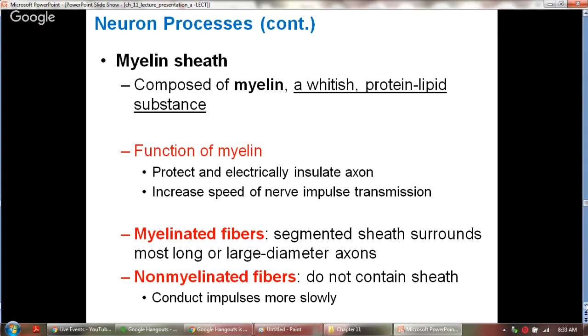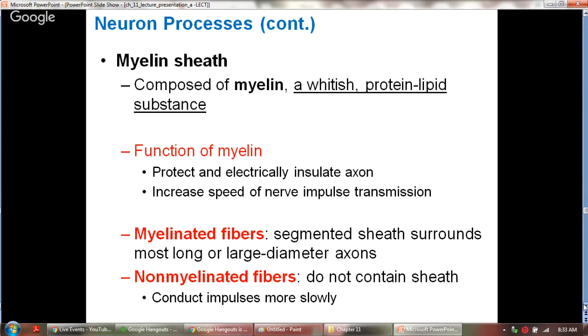In the myelinated fibers, the segmented sheath surrounds most long or large diameter axons. In the non-myelinated fibers, they do not contain a sheath. So in that case, they conduct impulses more slowly. The myelinated fibers conduct